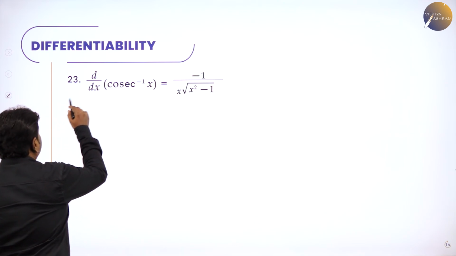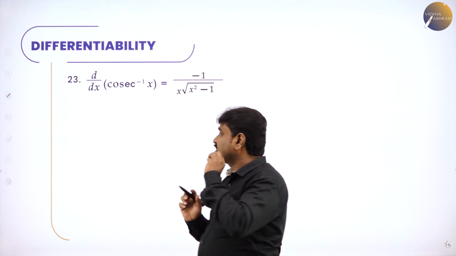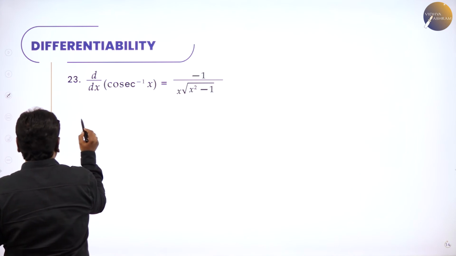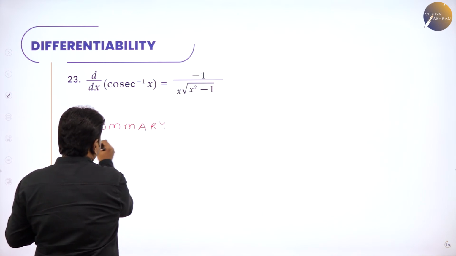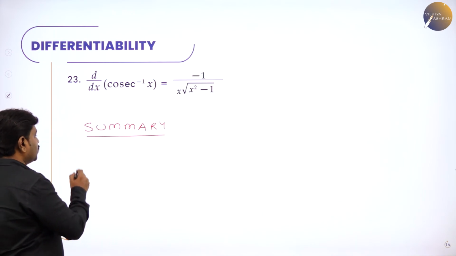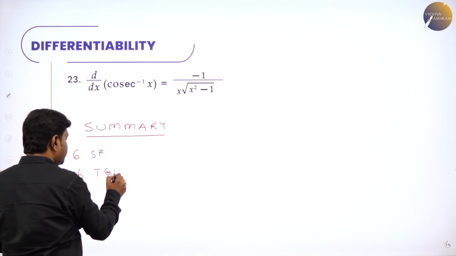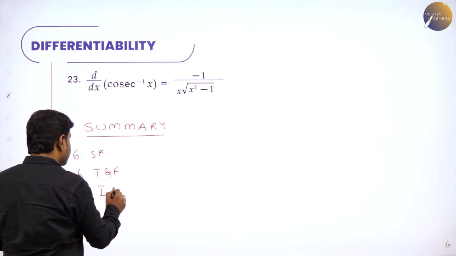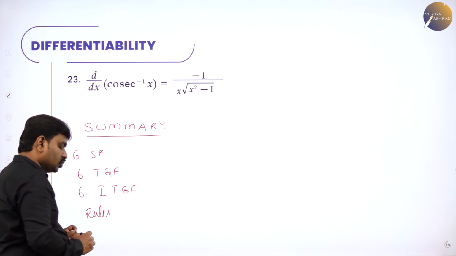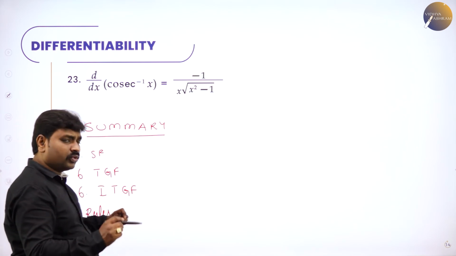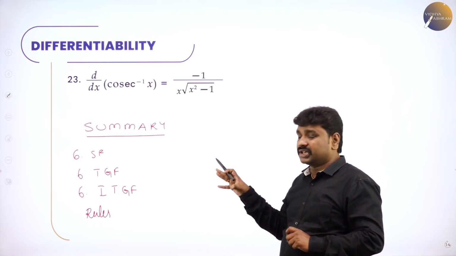So now I hope all of you understood what I taught you. So overall, I'll just summarize. Please observe, understand. Summary is simple. I want you people to become thorough with the rules and the 6 standard trigonometric functions' derivatives, and the 6 ITF, inverse trigonometric functions, derivatives and rules. What are the rules? Product rule, quotient rule, all those things. Whatever you learned in 11th, quotient rule, please recollect it. And today's session I have revised just to watch it and understand.